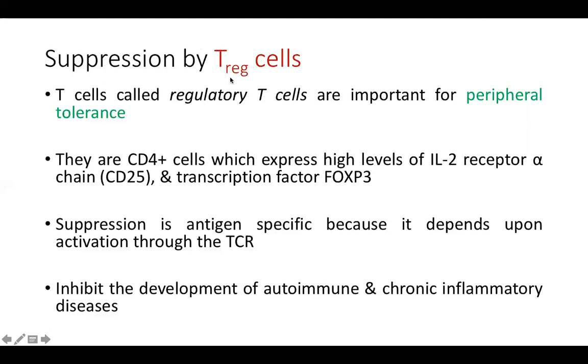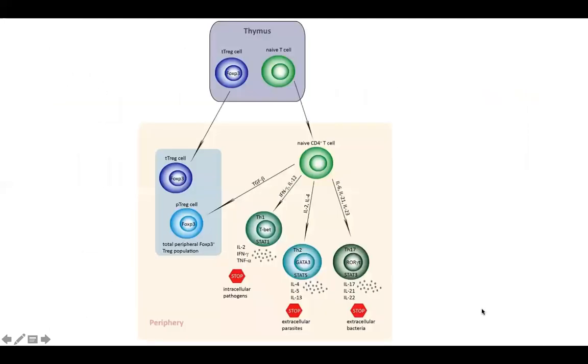So a T regulatory cell against a particular antigen will protect that particular antigen alone. Okay. And of course the importance is that they inhibit the development of autoimmune and chronic inflammatory diseases. अगर वो नहीं होंगे तो ये सब हो सकता है। So like I told you, बनते हैं थाइमस में, जो नाइव बन रहे होते हैं जहां से, वहीं से कुछ को टी रैग बना दिया जाता है, उनमें FOXP3 ज्यादा